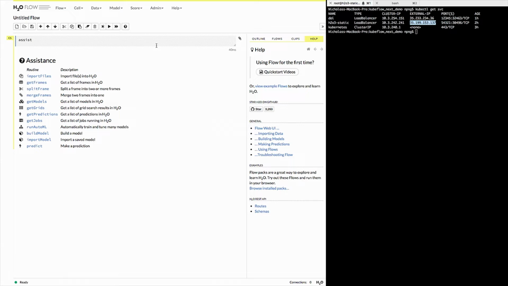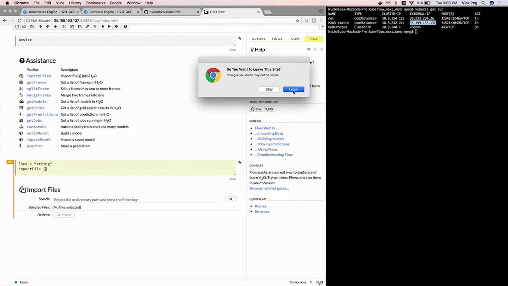It's very similar to a Jupyter Notebook in the sense that it gives you a step-through notebook, and you can do some more simplistic steps. Rather than coding this in Python, you can just go import files. I can set a variable, location A, equal to some string here, and then import the file. Just like this, and instead of using Pythonic language, it's very clearly just one step, next, do the next thing, right? And I'm going to go ahead and leave that now.